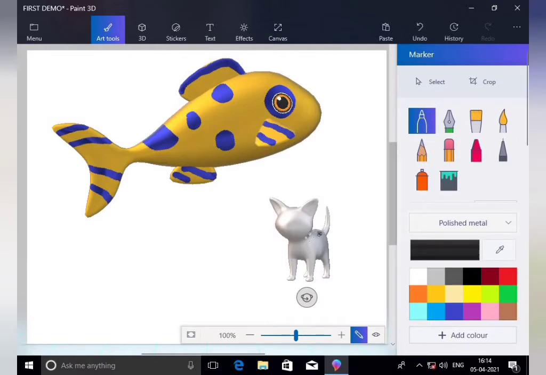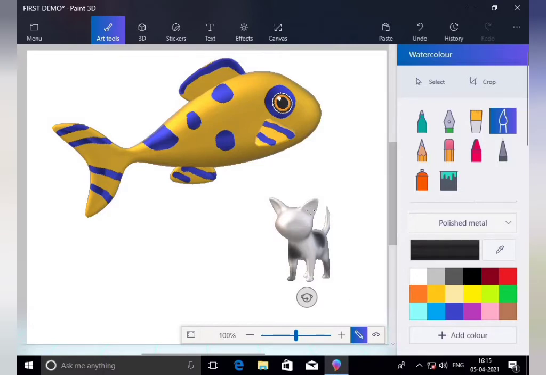But now see, using the marker, the dot does not look very nice. So I have to erase it. So undo. Then take some brush. From the brush, now see, you can see the color. You can see we can add shades on the cat.